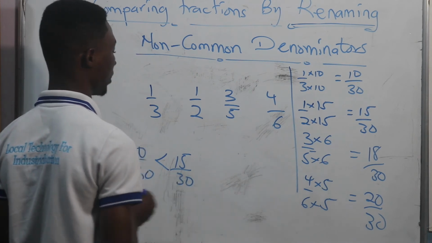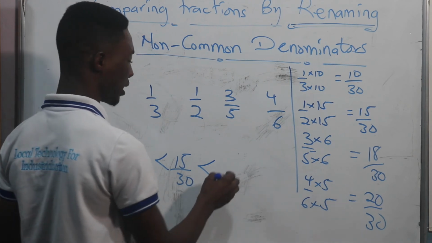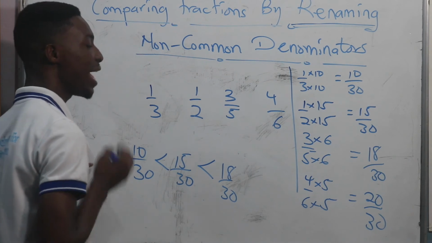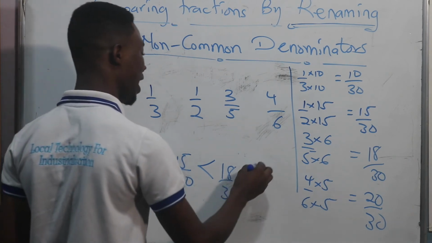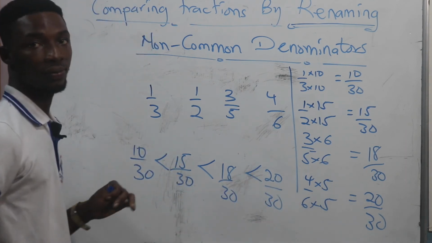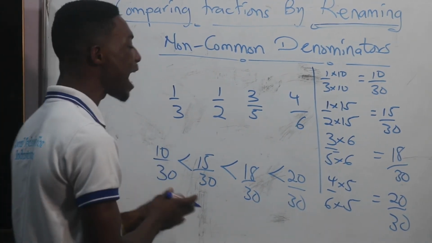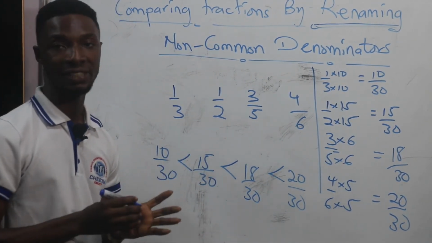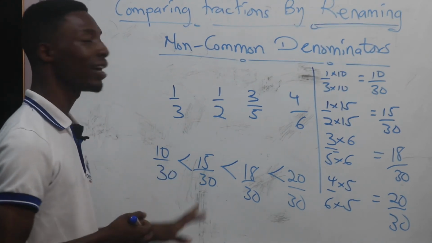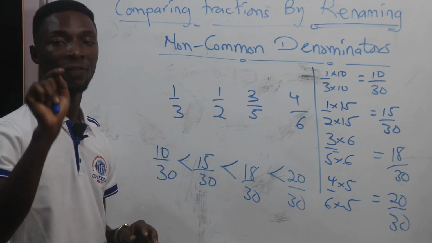And 15 out of 30 is going to be less than the next number, which is 18 out of 30. And 18 out of 30 is going to be less than the next number, which is 20 out of 30. Okay? For that matter, we have them. But these are our renamed or our equivalent fractions, not the original fractions. So we have to represent each equivalent fraction by the original fraction,